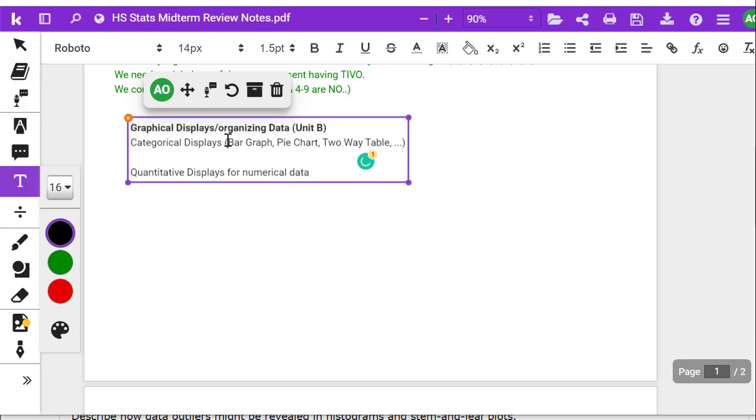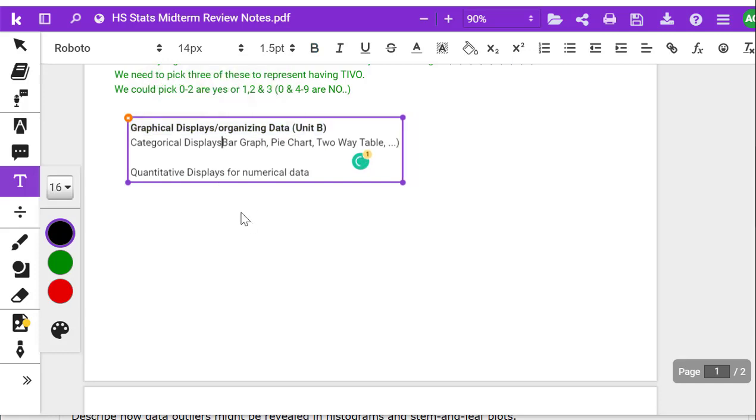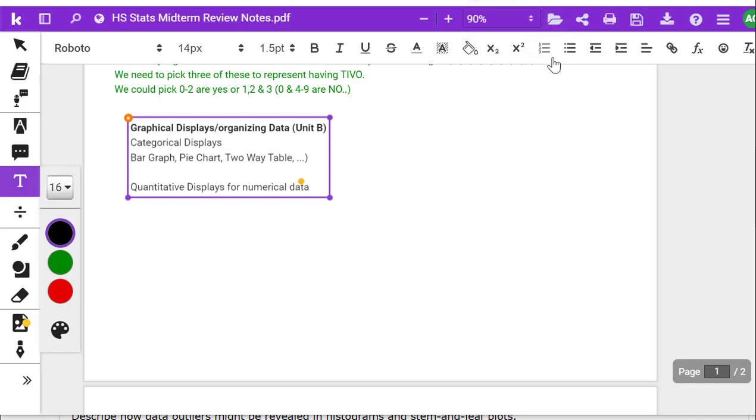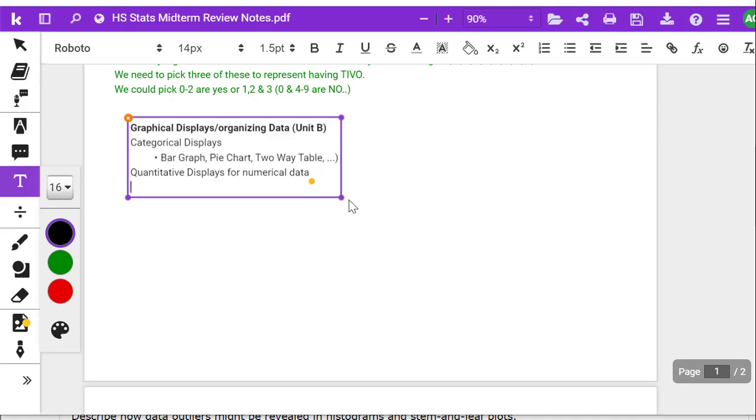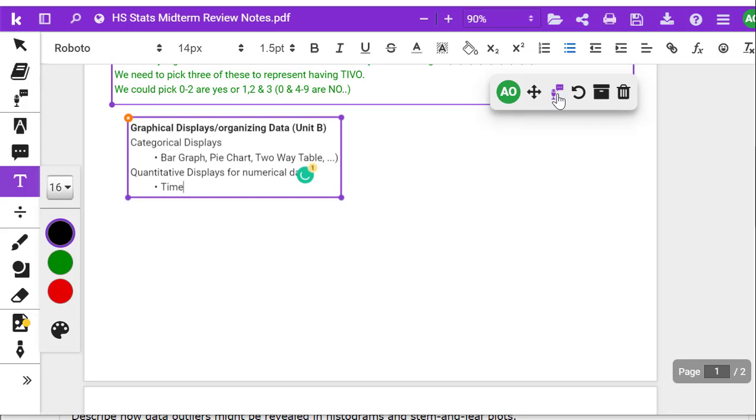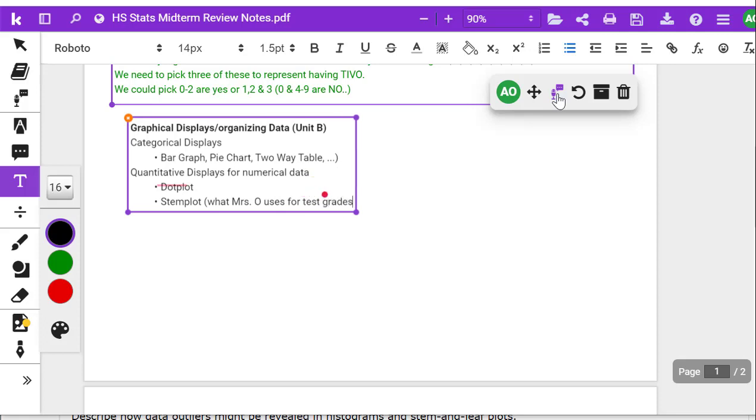Okay, so this is the big one. All right. So we got categorical displays. Bar graph, all this. We've got quantitative data displays for numerical data, and those include time series, which really should be last. I'm going to save it for a second. Dot plot. You should know what a dot plot is. We got stem plot, what Mrs. O uses for test grades, although I don't do it that much for you guys. And then you've got stem plot, dot plot,